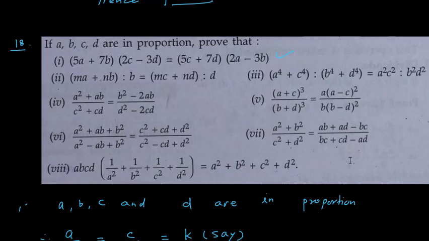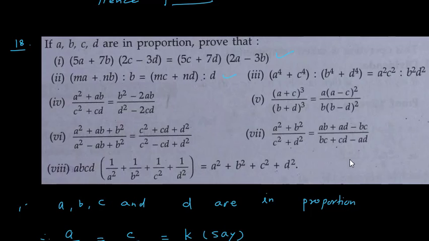This first one you will solve by yourself. Now the second one, MA plus NB, again A can be written as BK. So once you write A equals BK, you see that B you can take common. So B and B will cancel. Similarly here you see that D and D will cancel, and again LHS and RHS you will get the same. So you have to replace A by BK. Here if you replace A by BK, then you will get K square here, and similarly you will get K square here. Okay, so these two problems also are left to you to solve.